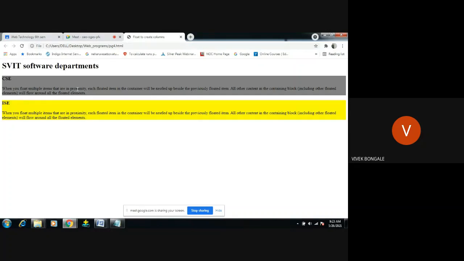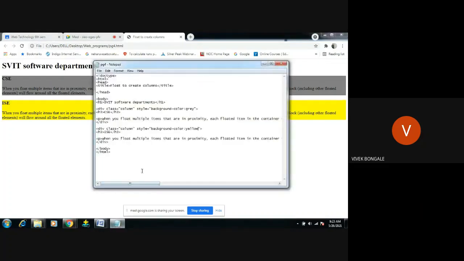Now we'll add more style rules for these two columns. That was done with the element, but now we have to apply it specifically for the whole body.